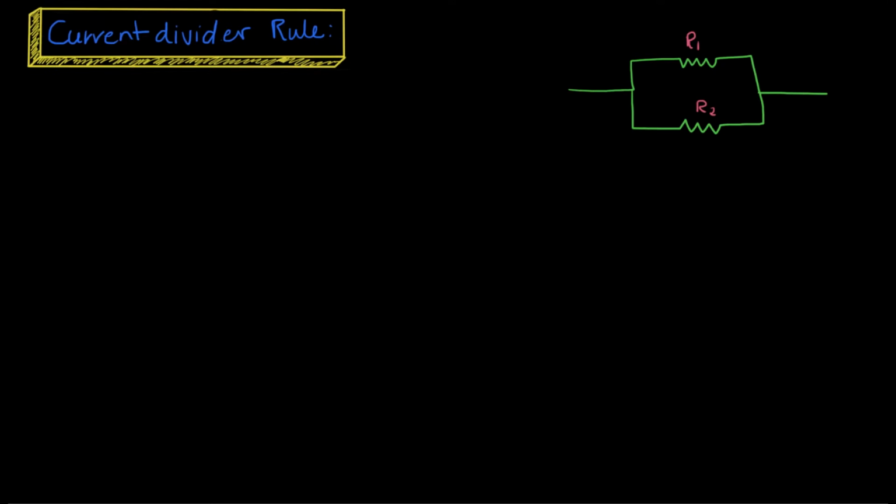Okay, everybody, this is the current divider rule. So we've seen the voltage divider rule, and that was how we found the individual voltage drop over resistors. The current divider rule is what we use to find how much current goes through different branches inside of a